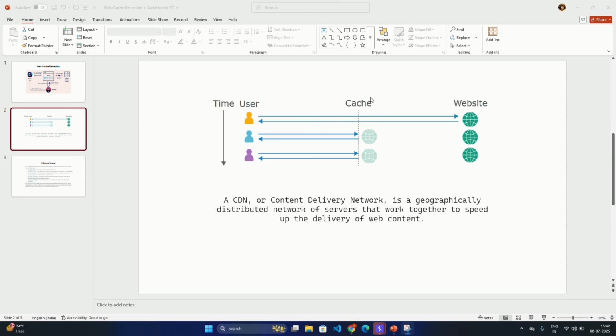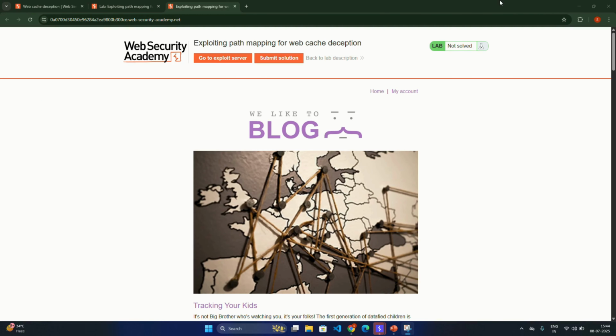These cache systems make websites work a lot faster than before and reduce a lot of load from the website origin servers. Now, let's see practically how web cache deception really works through a PortSwigger lab, exploiting path mapping for web cache deception. I will pin the link for this lab in the description.